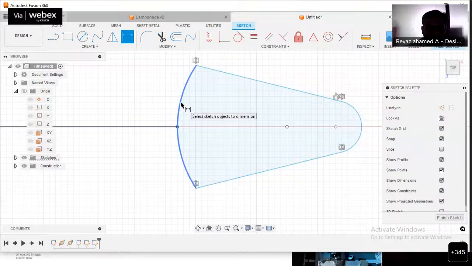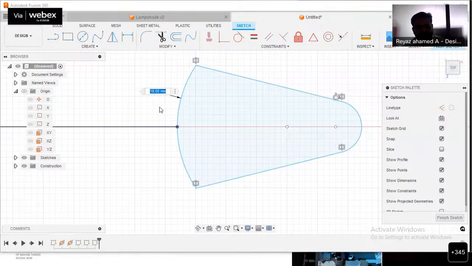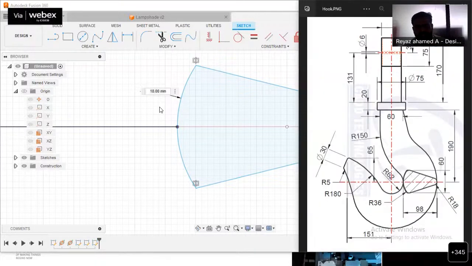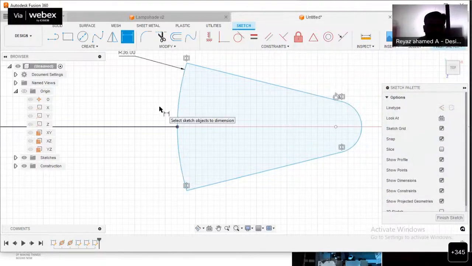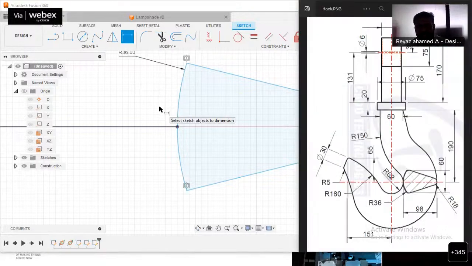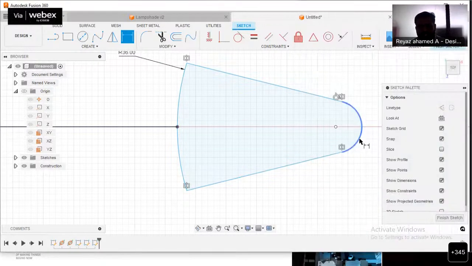So I have to give the radius of this one. Let us choose this arc and then click a point over here. And what is the value of this one? The value of that one is 36 actually. Let me give the 36 and then click on enter. And then another side, radius it may be of 18 mm. Just click on this arc and then click on here and then give the value as 18.